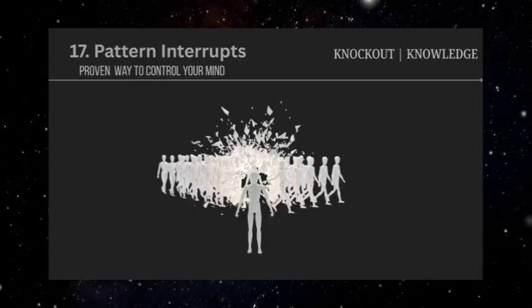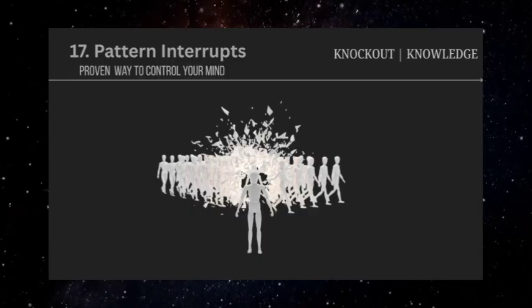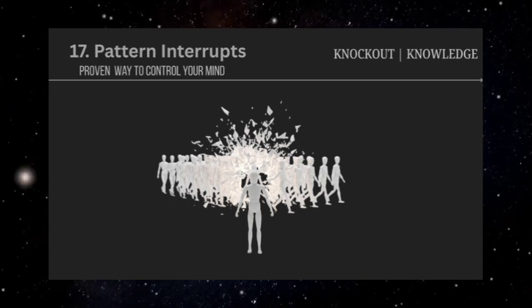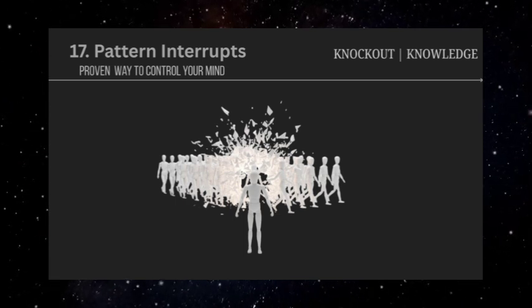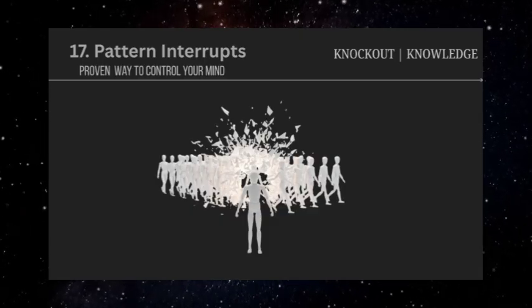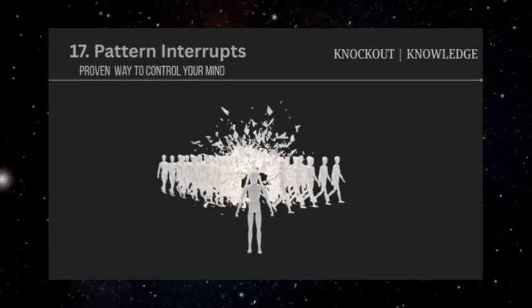Recognizing pattern interrupts involves paying attention to disruptions that occur during important conversations, decision-making moments, or when you're expressing concerns or resistance. If you frequently find yourself losing your train of thought, feeling confused about what you were saying, or being redirected away from topics you intended to discuss, you might be experiencing deliberate pattern interruption.